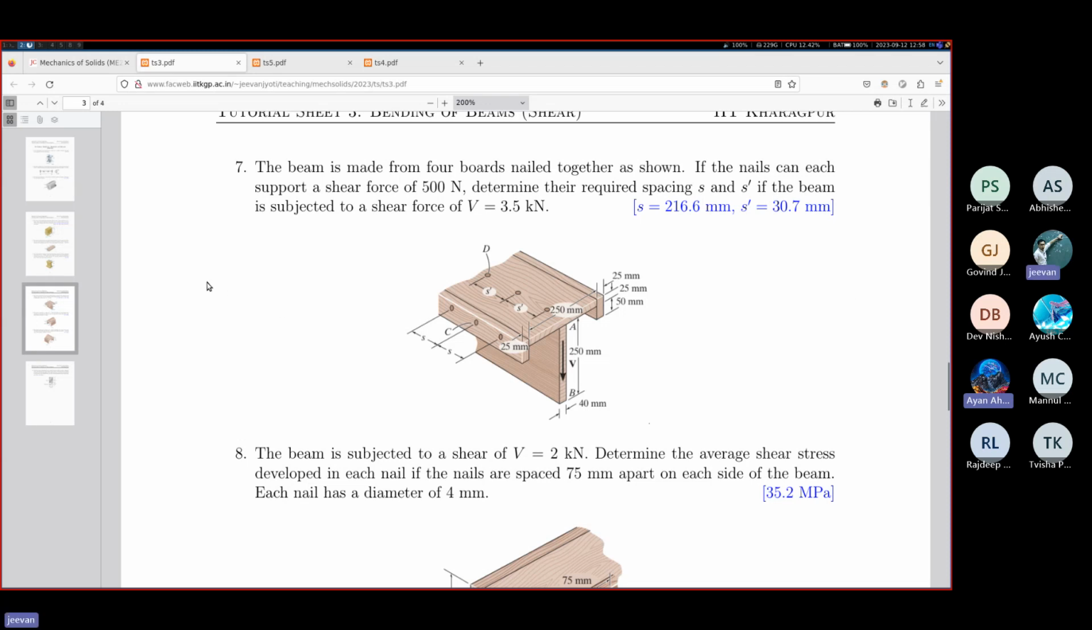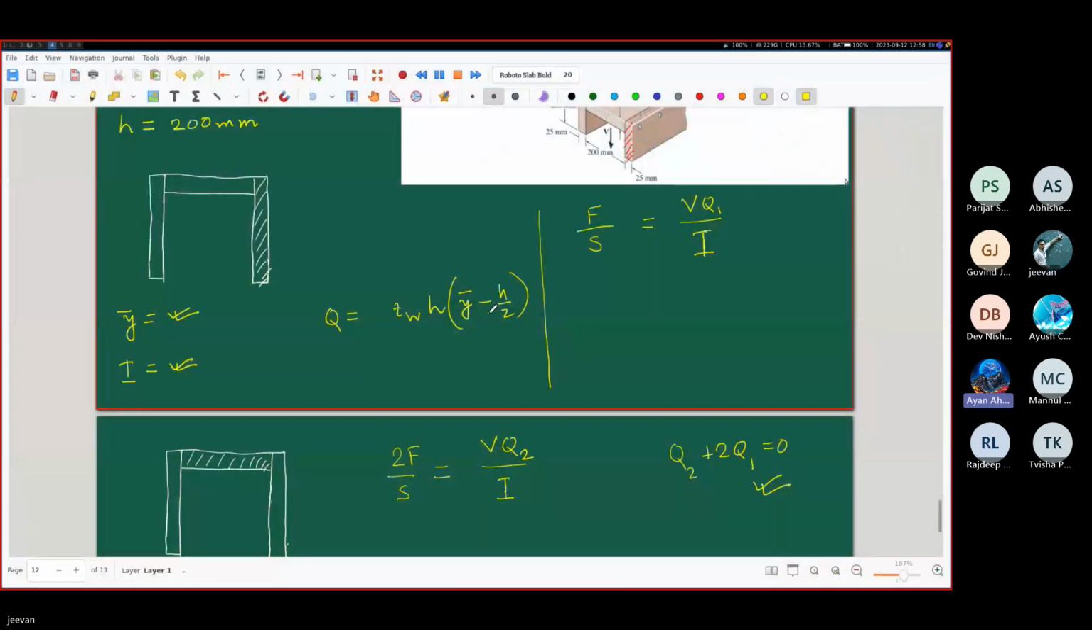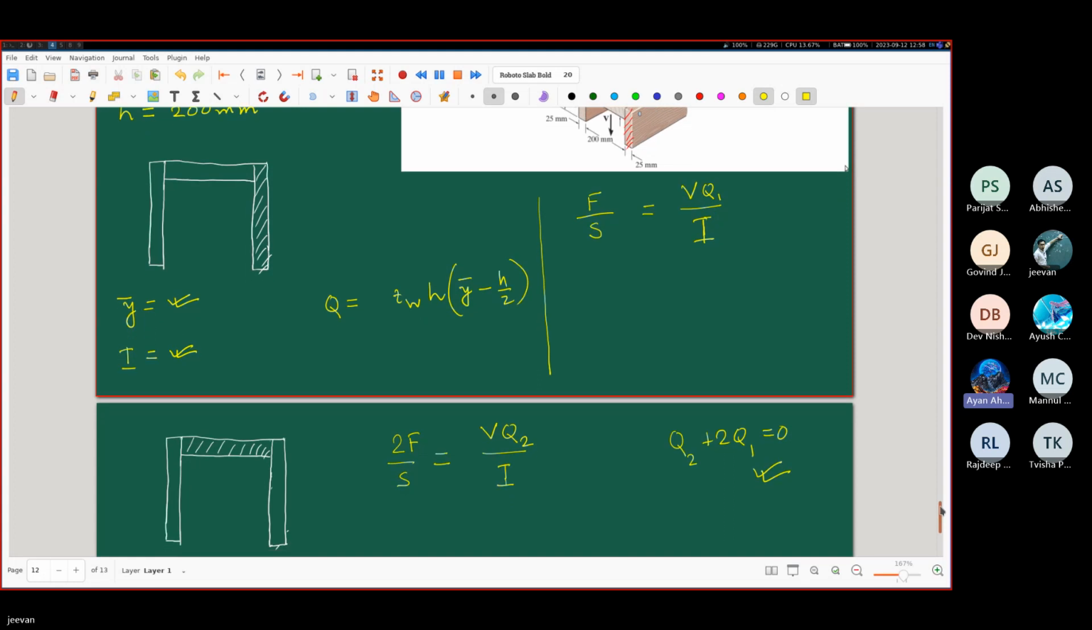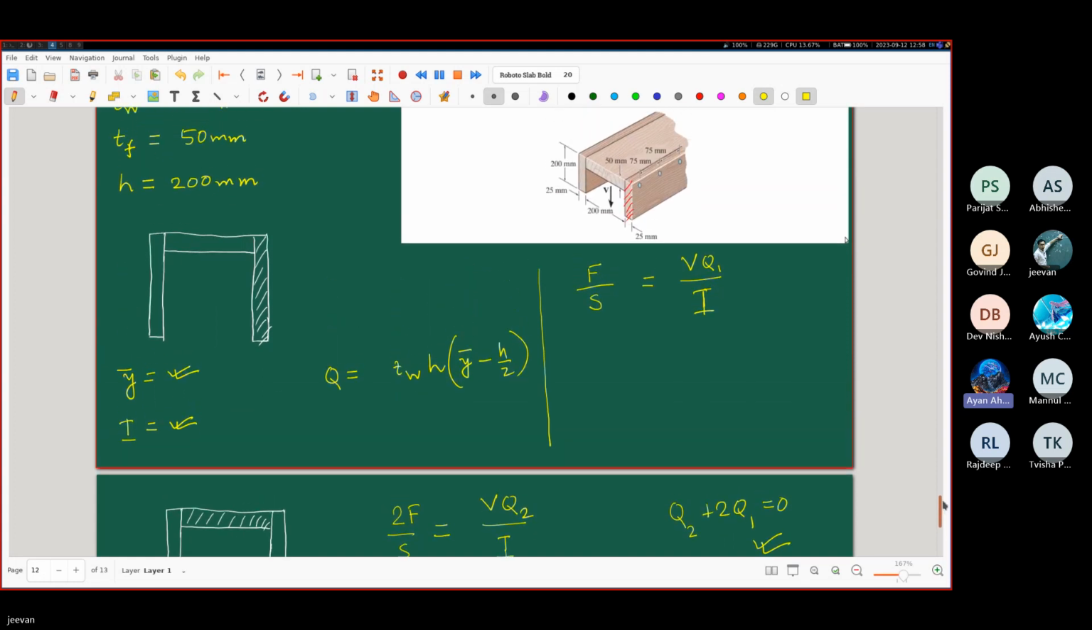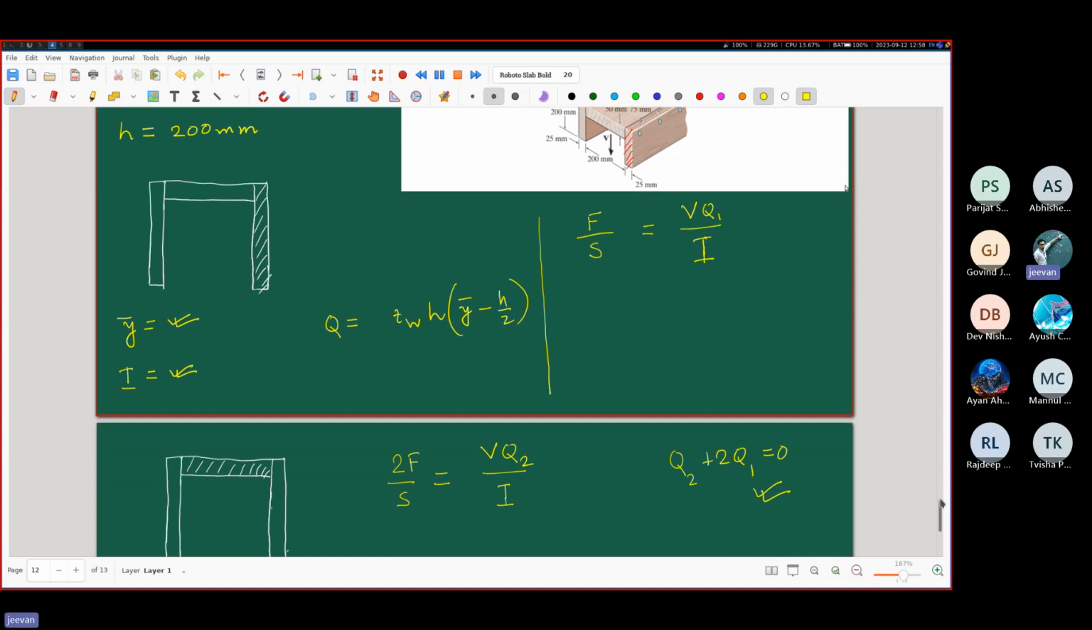Excuse me, sir. Yes, tell me. Sir, if the pin was only on one side, then the factor of 2 wouldn't come, right? If the nails were only on one side. Yes, then the factor of 2 would not be there. So the answer would be Q1 only? No, see, in that case, the horizontal board also would not have the factor of 2. Is it not? Whichever way you do it,